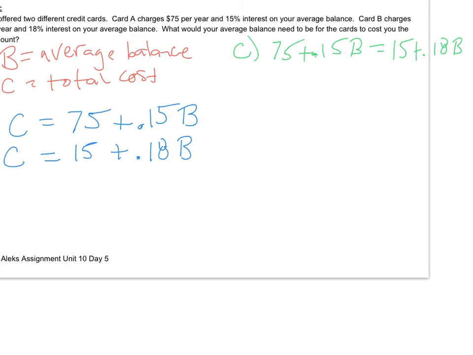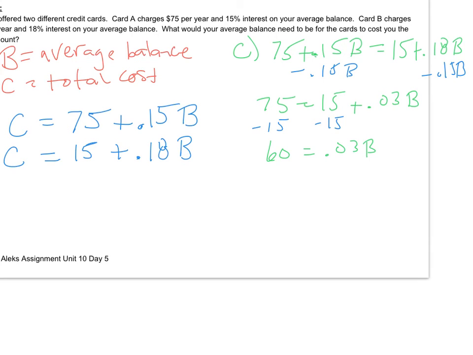Solving for b, we need to get the b's on the same side. So I'm going to go ahead and subtract 0.15b from both sides. And that's going to give me 75 equal to 15 plus 0.03b. Then I need to go and subtract 15 from both sides. And that will give me 60 equal to 0.03b. And lastly, divide both sides by 0.03. And I get 2,000